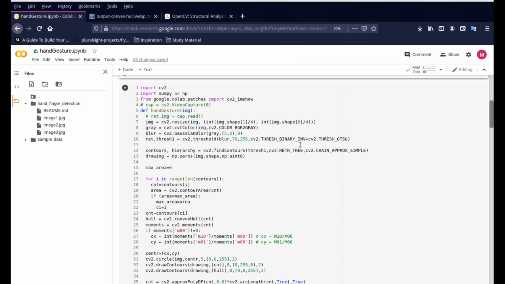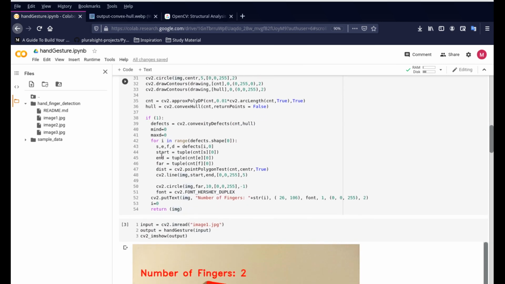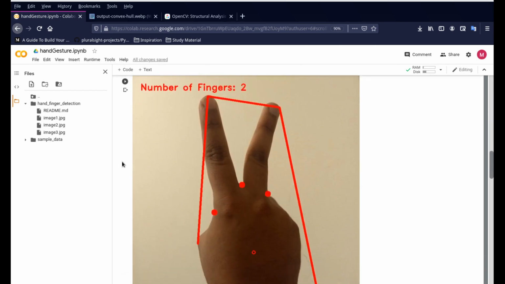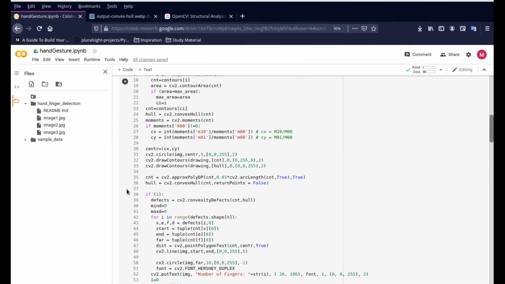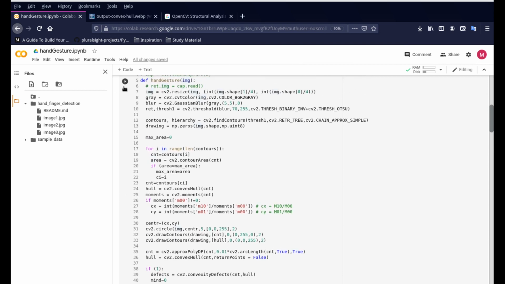Okay, once we are done with that, the next stage is to do contour detection. Contour detection is nothing but, from the threshold values that are obtained, it just draws the contours on the outer body of the object. So whatever object we have, we do contour detection on it so it can detect the outer body of it. And I'll show this image right here.